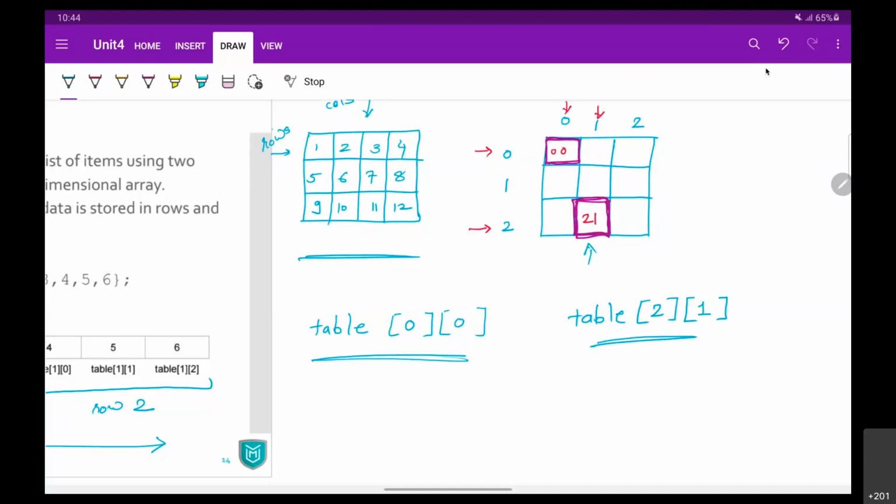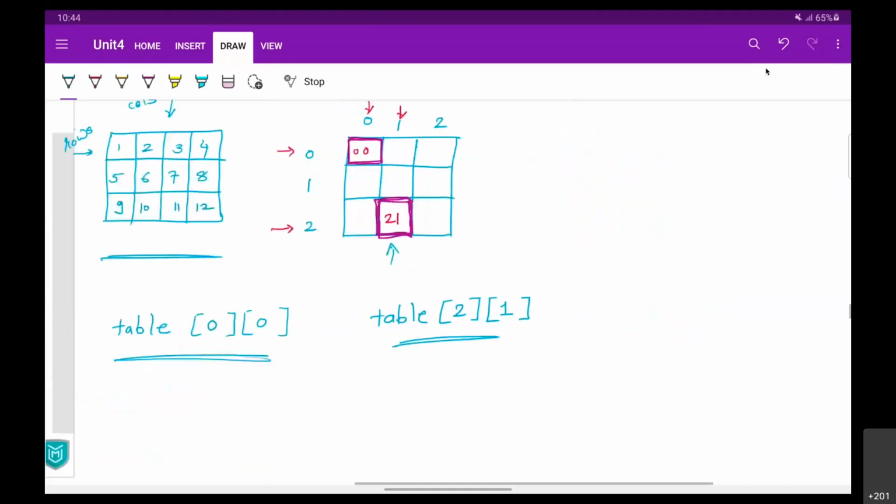Now this is how you access all those elements, right? So it is something like 0, 0, 0, 1, 0, 2. Then in the second row, 1, 0, 1, 1, 1, 2. Then 2, 0, 2, 1, 2, 2. Now if you realize, it is something like a matrix that you might have.